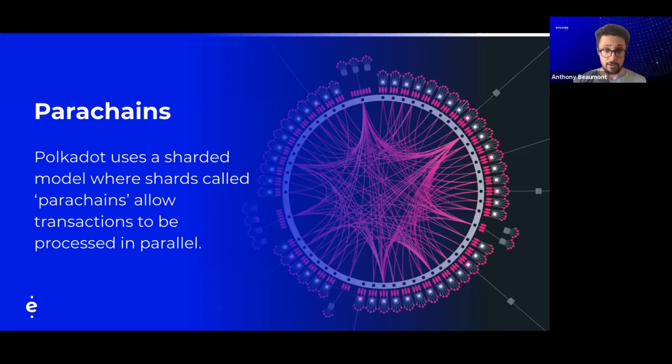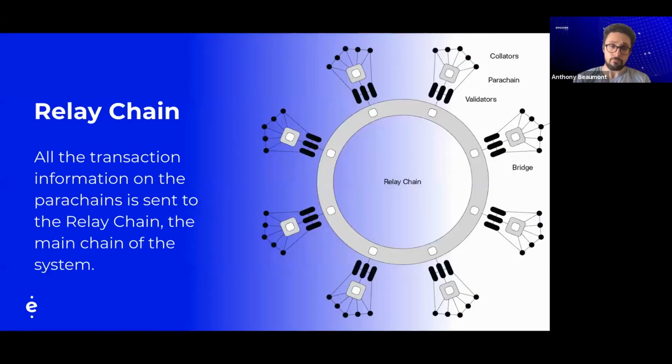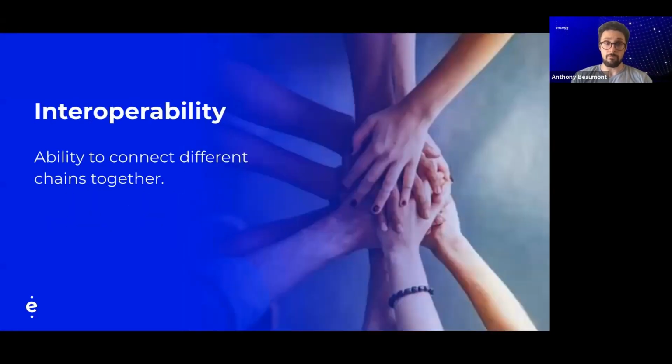Polkadot therefore has all these blockchains running in parallel, parachains, parallel chains, which allows lots of transactions to be processed at once, and very quickly. Unlike Ethereum, which we've seen as one kind of lane, one blockchain, Polkadot is effectively made up of lots of mini blockchains, shards, that we call parachains. They all get linked together in the relay chain. The relay chain is the main chain of Polkadot, where all transaction information is sent, and where we put all these transactions together and get a picture of what's going on overall. All of this adding together means we can have interoperable chains: lots of different specialized chains working together.